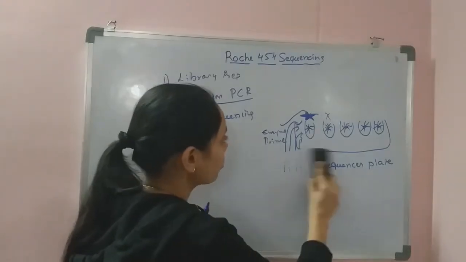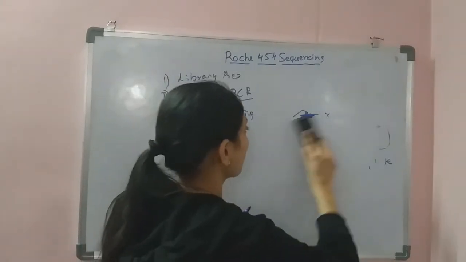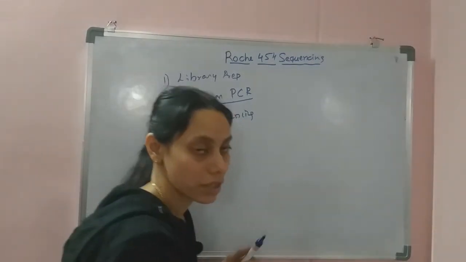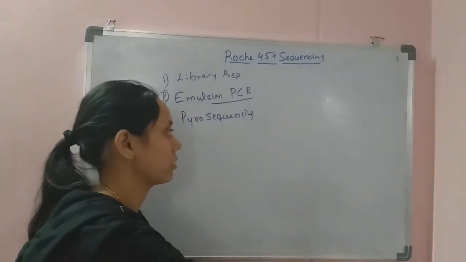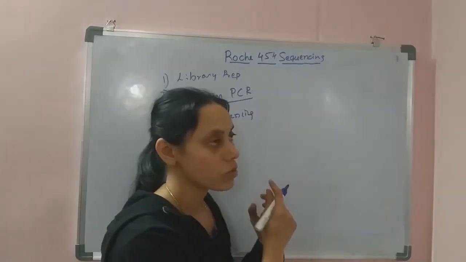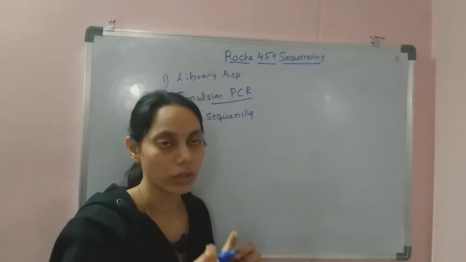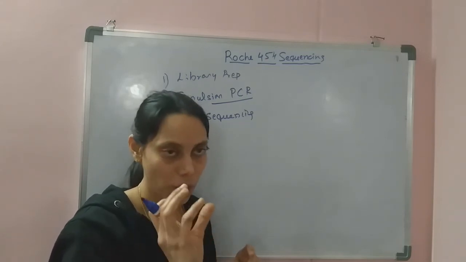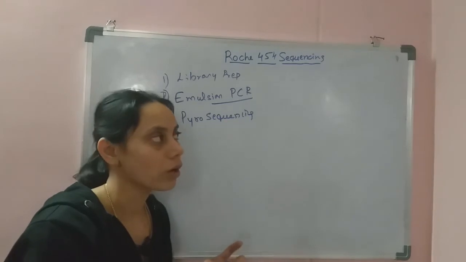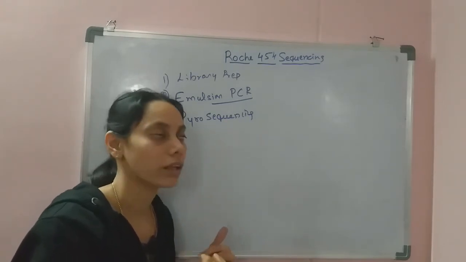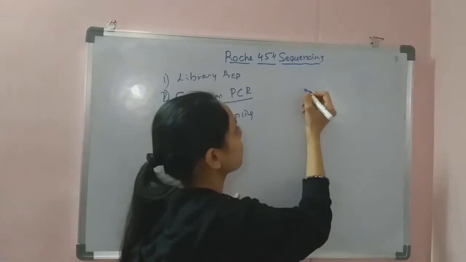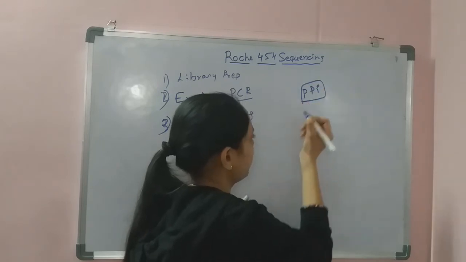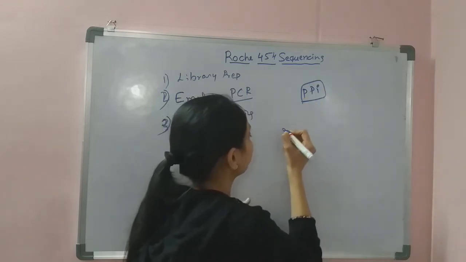So how do they produce light? That means how do they produce a signal for every individual addition of a nucleotide? That is what we need to discuss here again. As we already discussed, the addition of a nucleotide will release pyrophosphate, and the release of pyrophosphate is the signal. So how does the release of pyrophosphate provide a signal? There is again an enzymatic reaction. The released pyrophosphate reacts with